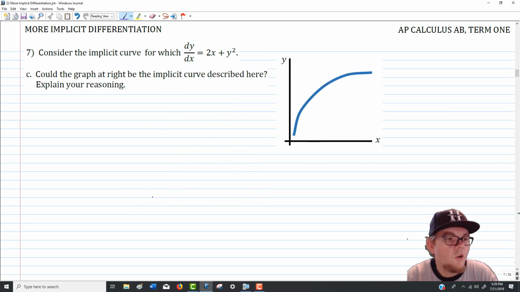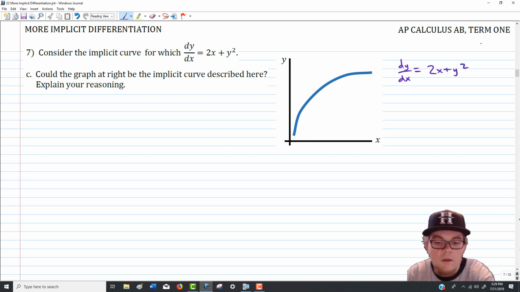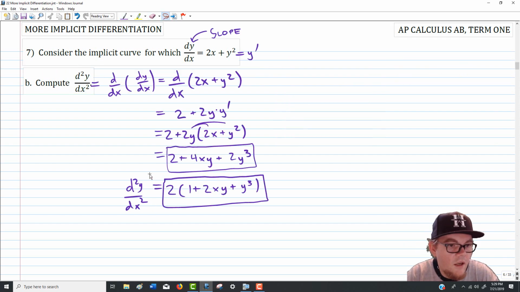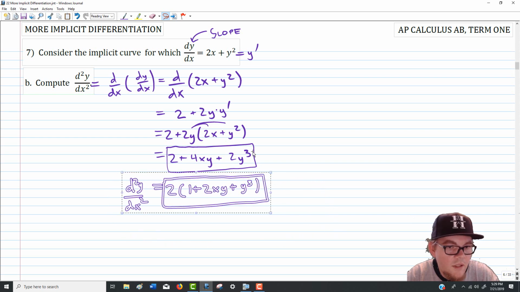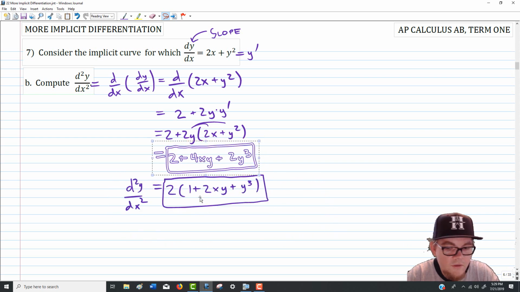Okay, next. Question number 7c. Could the graph at right be the implicit curve described here? Explain your reasoning. So in looking at this graph, let me remind you something else as well. Before we start, we only have a few pieces of information here. We know dy/dx is equal to 2x plus y squared. And then also, because of the work that we did a second ago, we also know this,